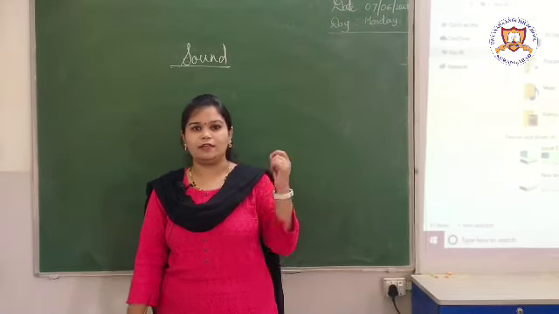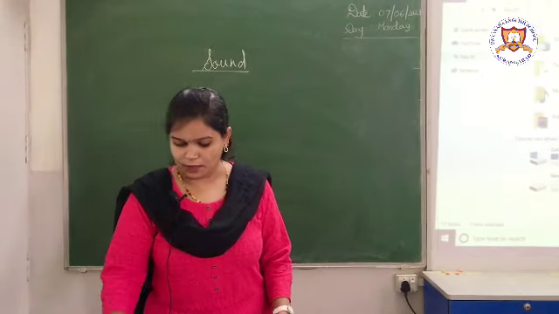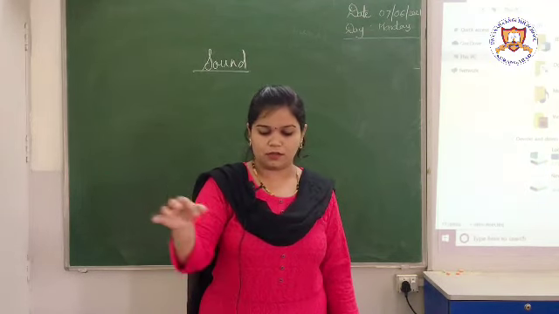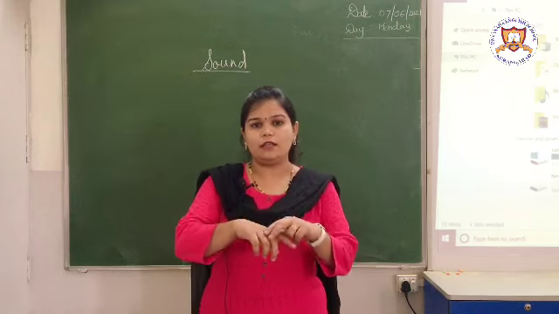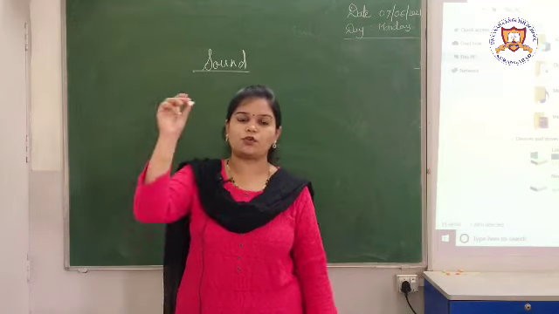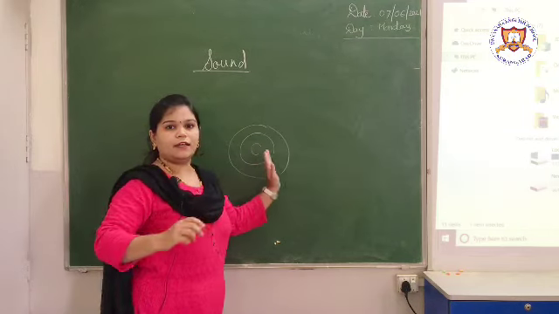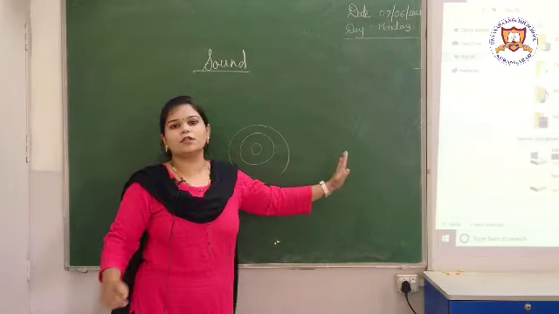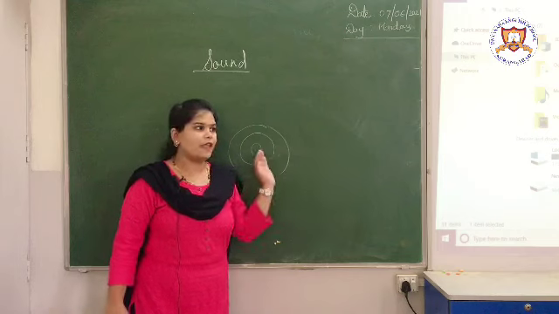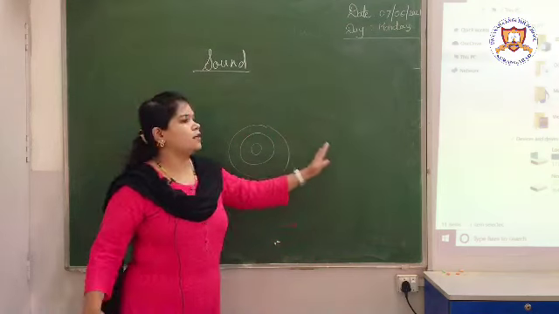Now suppose we take one example. Suppose I have a glass of water, or a pond with still water, and we throw a stone in that water. What will happen? We see patterns over this water, where the wave is transferring from the center of the pond to the side of the pond. The wave gets transferred. Now how exactly is the wave transferring from one point to another?